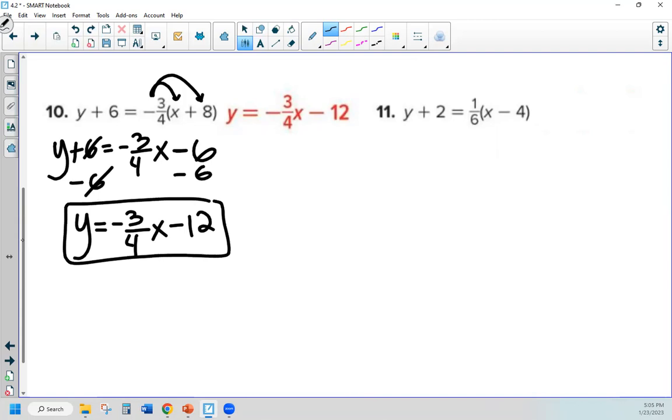All right. Number 11. If you don't want to see the answer, pause it and try it on your own. If not, the answer is coming in 3, 2. I lied to you. I showed you the answer at 2. All right. Distribute. We got y plus 2 equals 1/6 x. And then we have